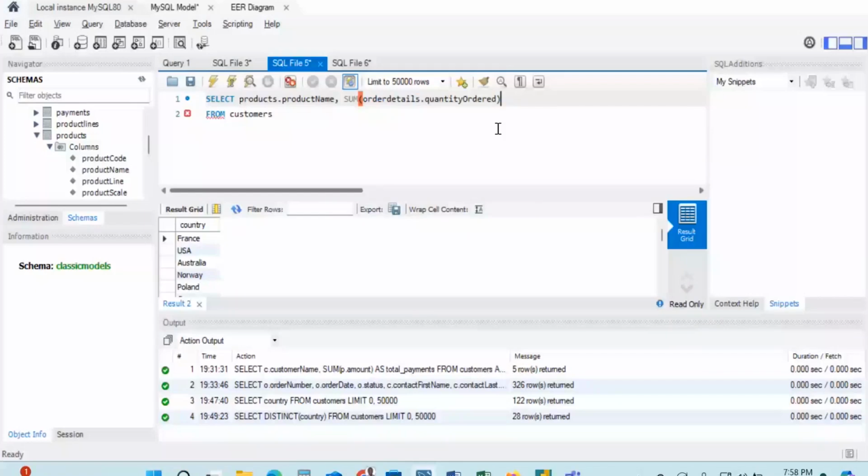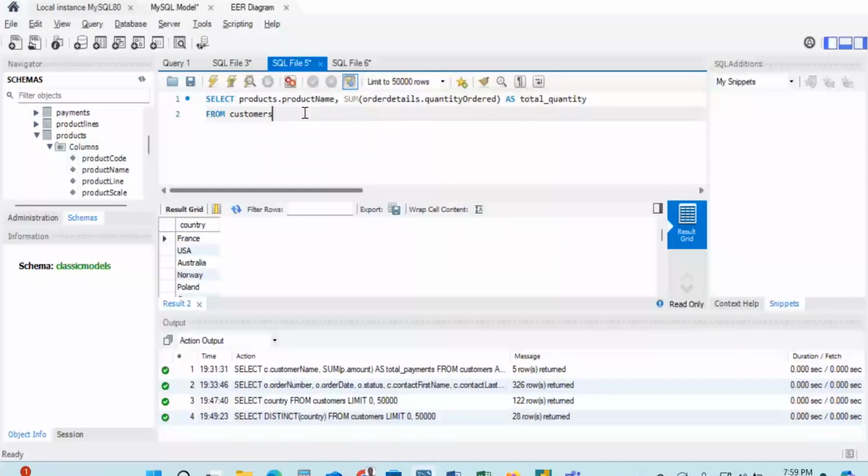We just want to say total quantity. Okay, so that will be good, because what we just need is the total product that was purchased in a particular country. So we just need the product name and then the total quantity. So